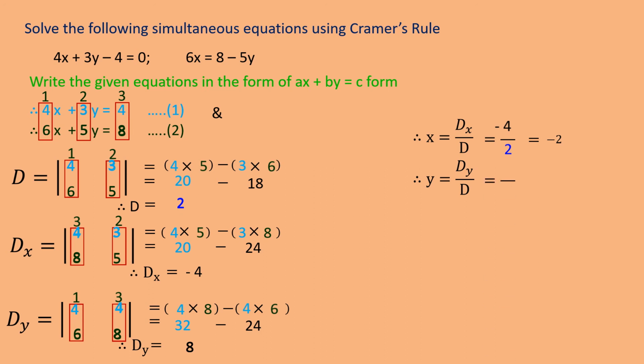So we got the x value, and we got the y value. Clear now? Therefore, the x value we write first and the y value we write second. So minus 2 comma 4 is the solution of the given simultaneous equations by the Cramer's rule method. I hope it is clear for you all. You all need to remember 12, 32, 13. 12 is D, 32 is dx and 13 is dy. If you remember this, you will not find any difficulty, and you will make no mistakes.